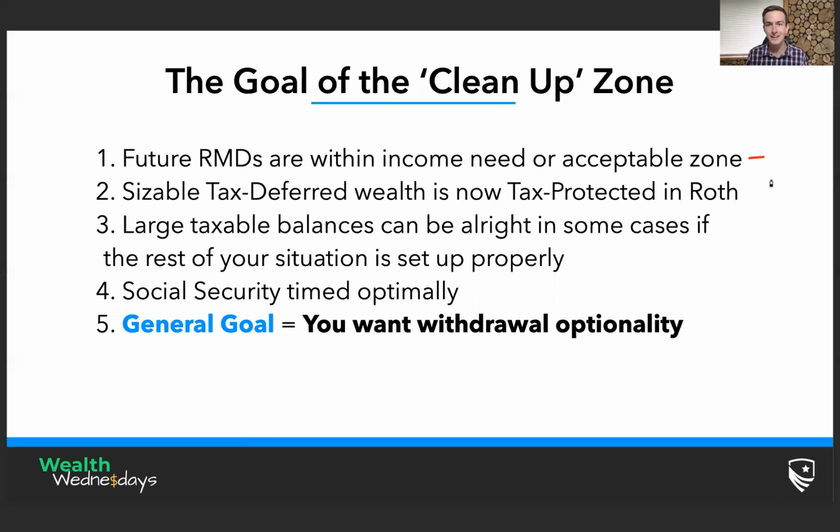So this is going to be relative to everybody. Some people are going to be in a tax elimination zone. Some people are going to be in a tax mitigation zone. Ideally, we have those future RMDs low enough that we accept basically filling up lower brackets or the standard deduction with those RMDs. So sizable tax deferred wealth is now tax protected in Roth as well. When you enter retirement, you might have almost all of your money in tax deferred accounts. By the end of this cleanup zone, we want a more diversified tax breakdown, with more of that wealth not in a tax deferred account that's going to be a tax liability, but in a